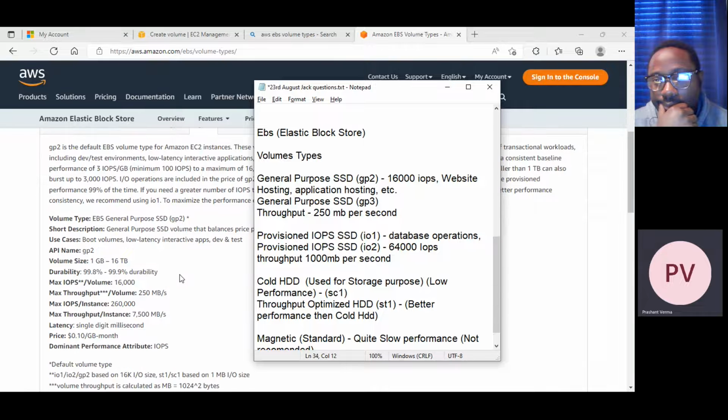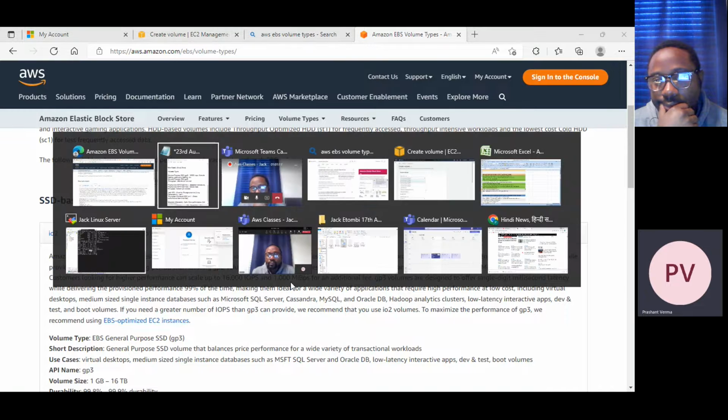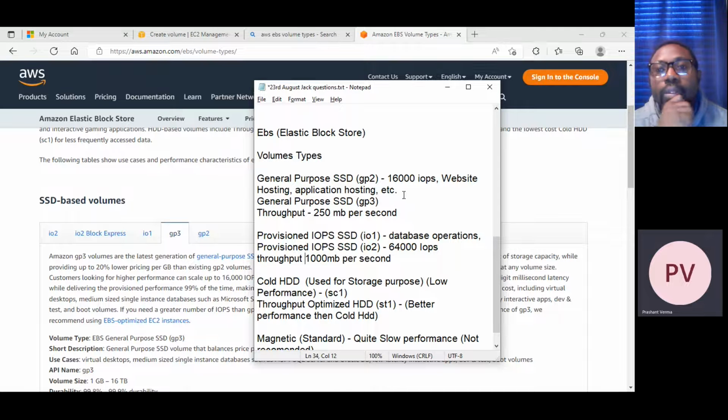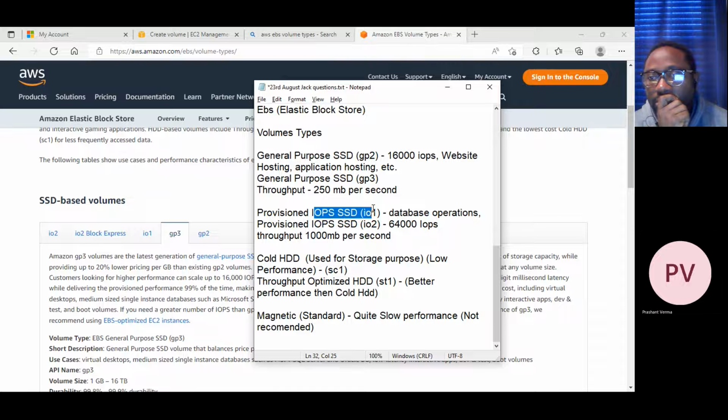For more information, you can have a look here, but you will get some questions in interviews and exams as well. They will give you an example, like a database which requires this much value, or maybe they suggest it would require 30,000 IOPS. Now for 30,000 you can't use GP2 because it supports up to 16,000 only. So you have to choose provisioned IOPS. This way you will get the question.